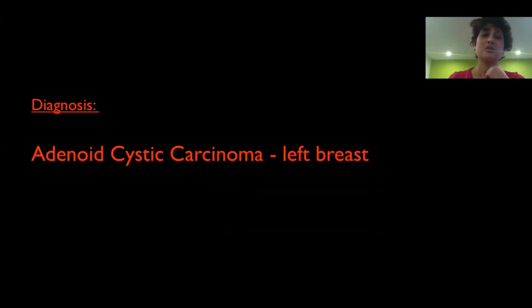And this turned out to be an adenoid cystic carcinoma. Now that is a pathological diagnosis. It is not something that will be expected on the imaging. Just found it interesting, and therefore I put this in. Adenoid cystic carcinoma, I'm sure you know the ones in the salivary glands, and they're spread along nerves. It does not really happen that way with the breast, and although it is a very rare cancer as far as the breast is concerned, it's not